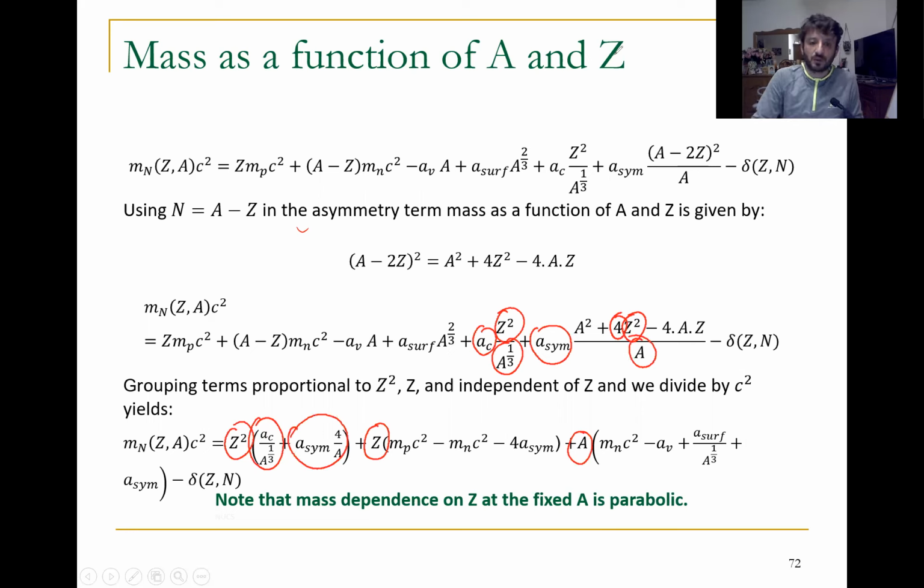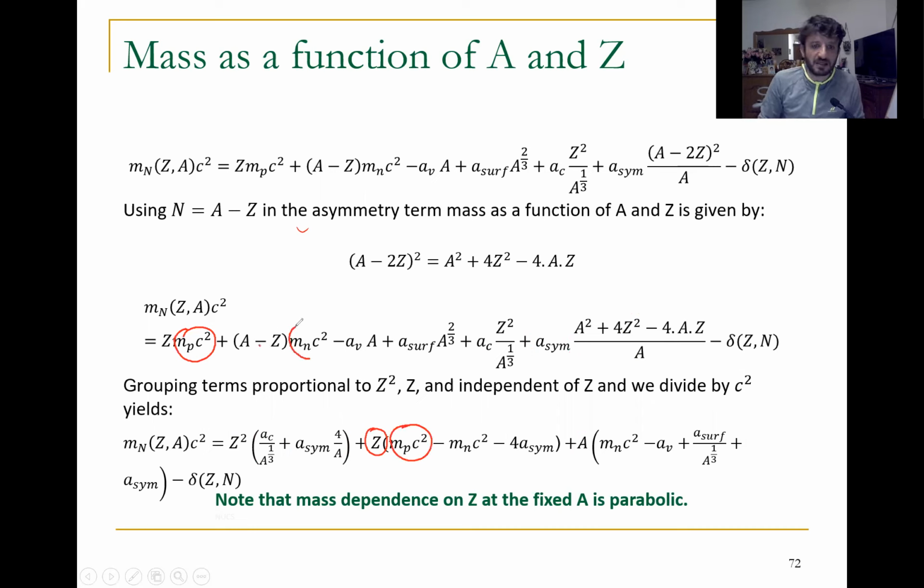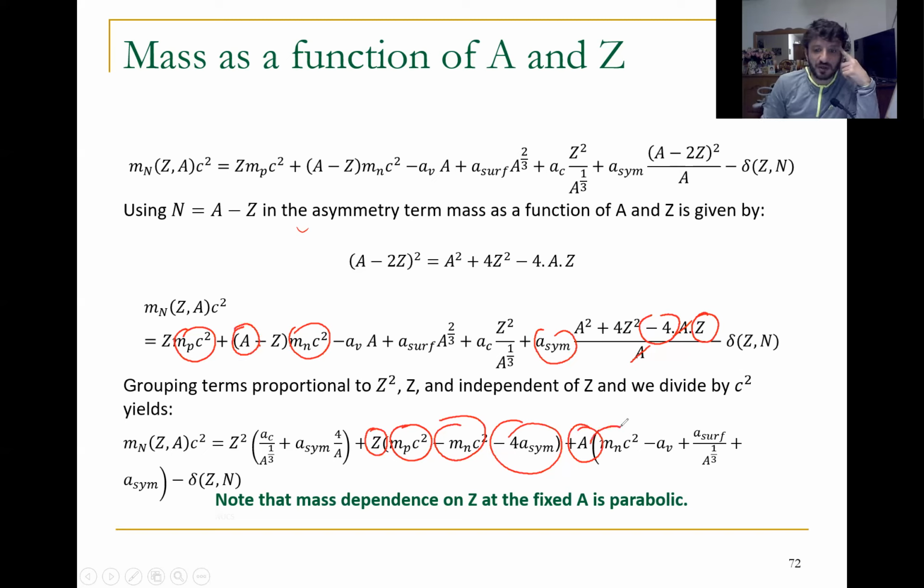Okay. We go to z as a common factor. We have here m_p c square. We have minus m_n c square. And here also we have z, and a with a, we get only minus 4a symmetric. Here we have a, m_n c square, a minus a_v,